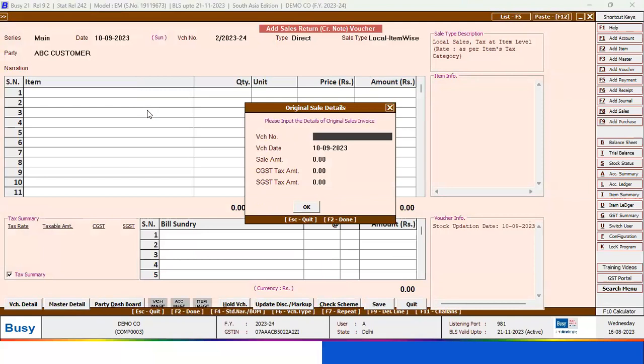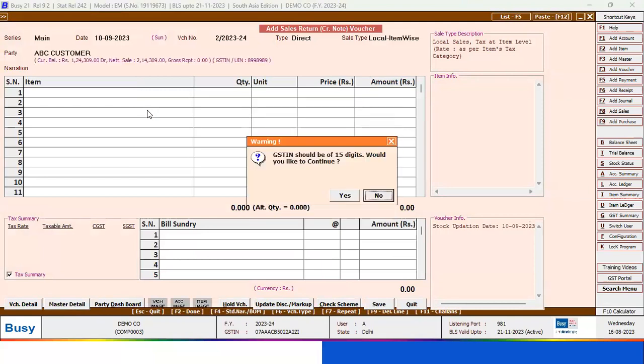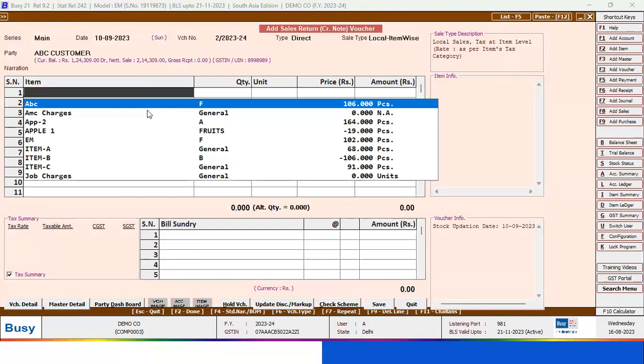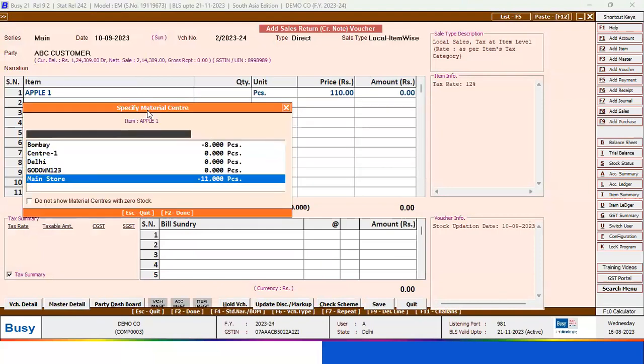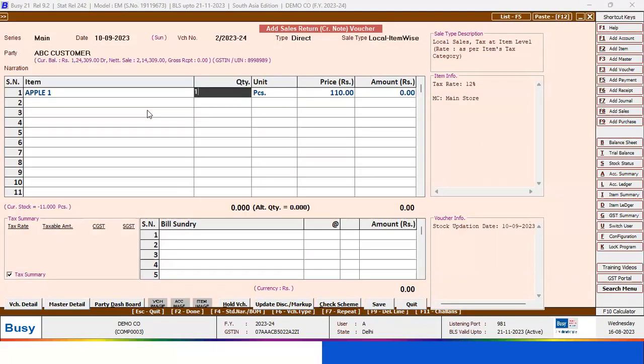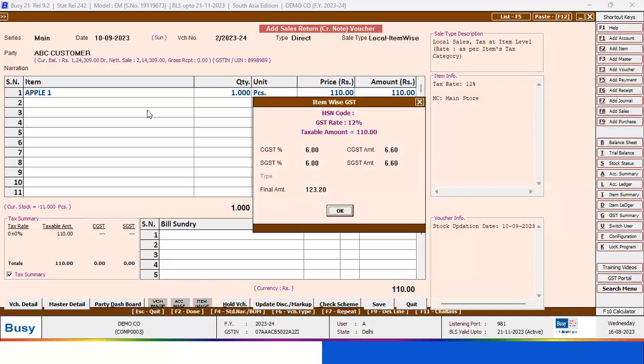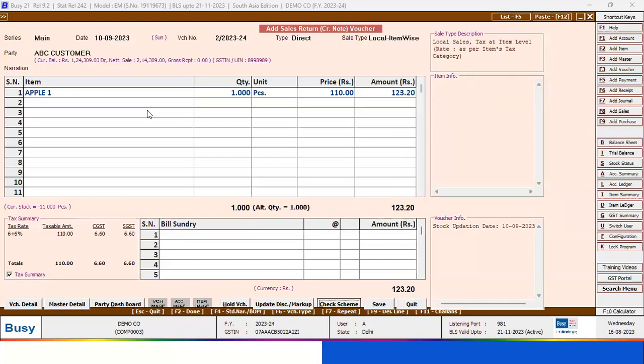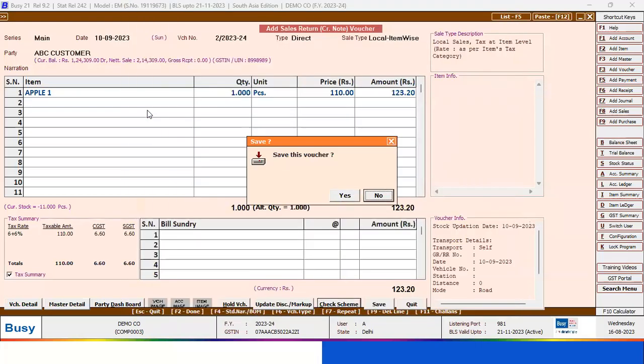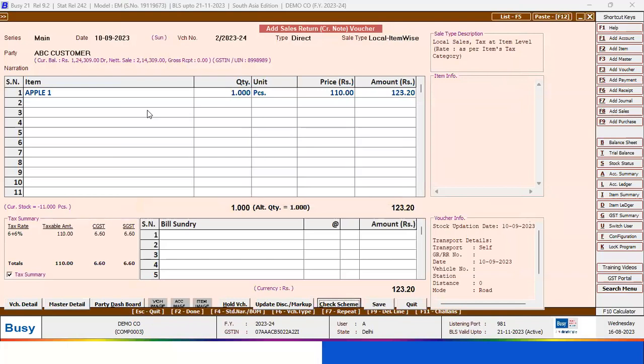So mention the voucher number, the original voucher number against which you are going to do the return. And then you select the item, that item you are going to return to your customer, that is going to be returned by your customer to you. Now, to save this, here a box will come that is called bill by bill adjustment. Let's say, for example,